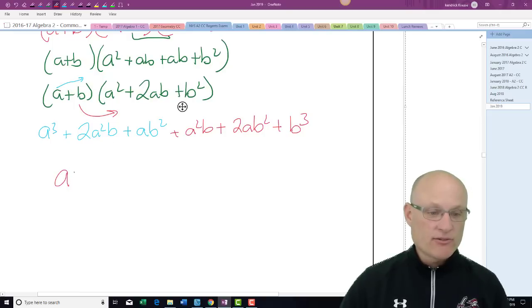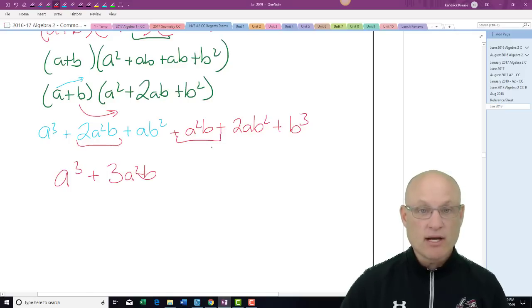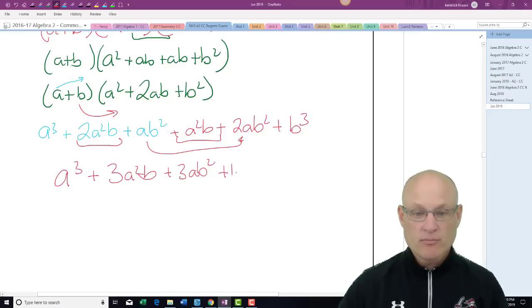So my final answer is a cubed plus 3a squared b, this one and this one can be combined, plus 3ab squared, these two can be combined, plus b cubed. Correct